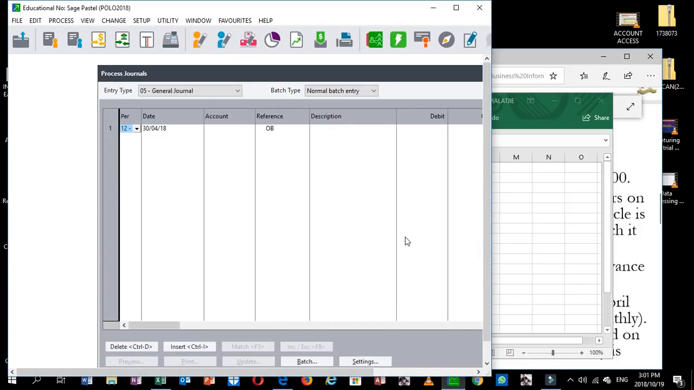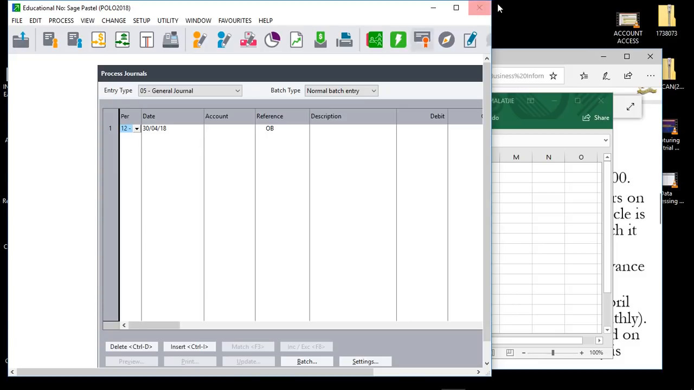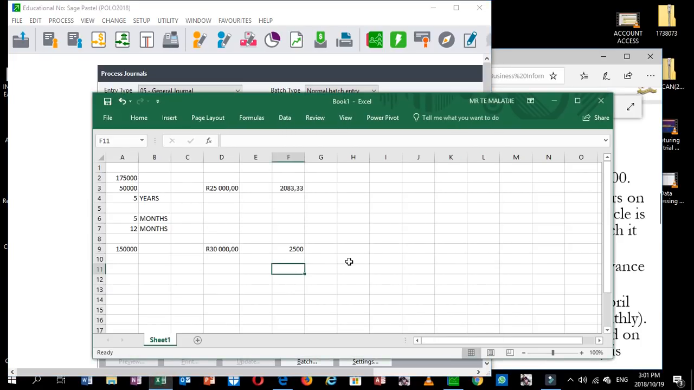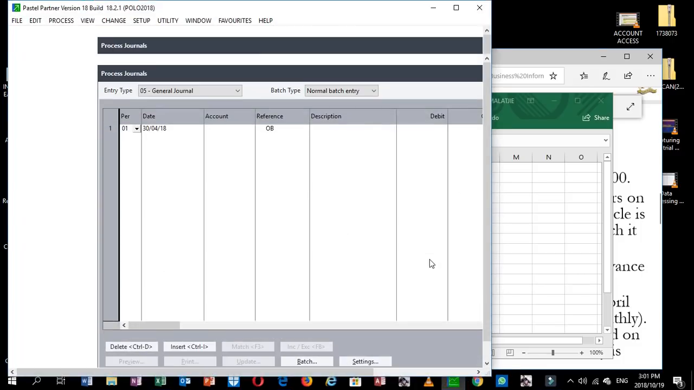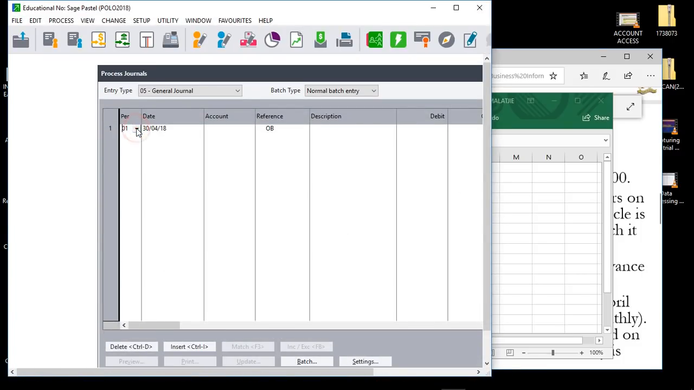We can now go back to Pastel and process those depreciations. So starting from May, we only have the old vehicle, so that means we'll just process depreciation at 2,500 and not the 2,083. We will not add that depreciation yet, because it will be added from the December month, because the new vehicle was bought during December. So we'll go there, and for May,